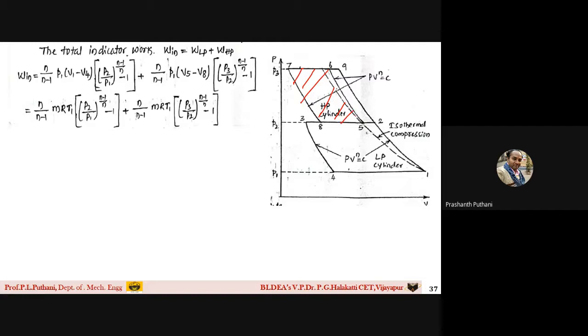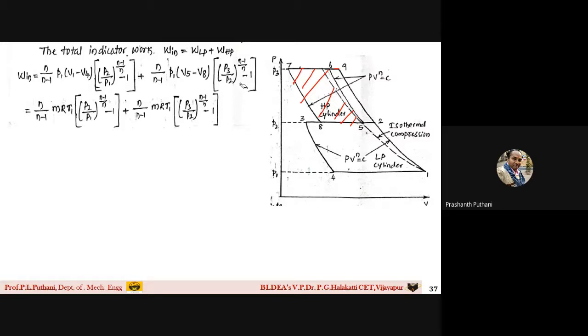Okay. So these points 9, 6, 7 are operating at pressure P3. So I can write in this fashion also. That is, for the high pressure cylinder, n by n minus 1 into P1 into V5 minus V8, the effective swept volume, into P3 by P2 raised to the power of n minus 1 by n,